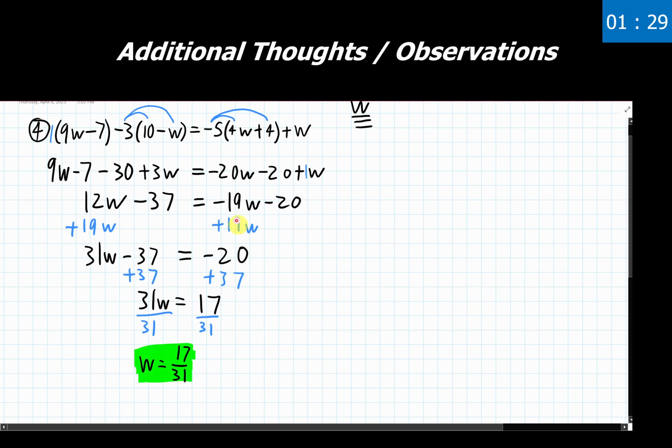Other thing that I do want to note as well, and I think number 4 here highlights this very well, a lot of people from this second line of work will be very tempted to start adding and subtracting things to both sides of the equation. There isn't anything wrong with doing that, but notice that we need to add 20 to both sides, and then we need to figure out, okay, am I going to add the 20 to this 3w or add it to the 9w? And very often I see people add 20 here and add 20 here. So we kind of overdo it with adding things together, and things go horribly wrong if we do that.